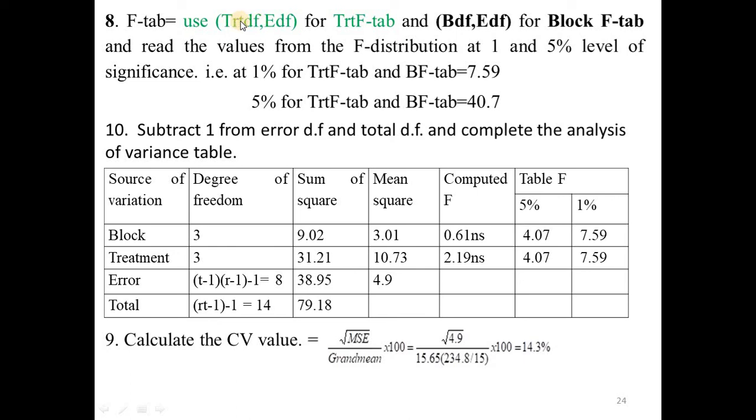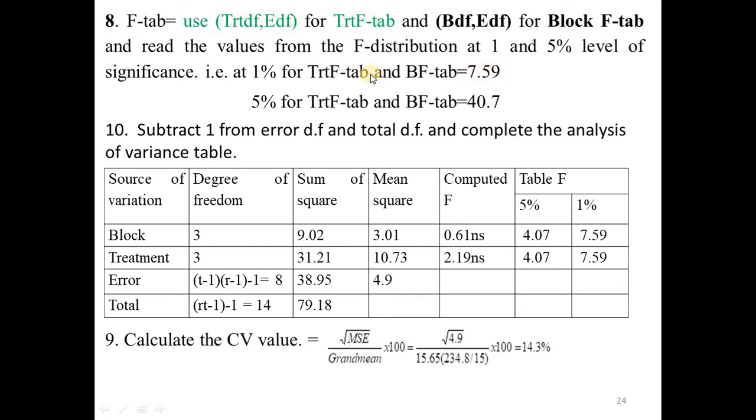So the next step is the F tabulated: use the treatment degree of freedom and the error degree of freedom as numerator and denominator for treatment F tab, whereas the block degree of freedom and the error degree of freedom are used for block F tab, and read the values from the F distribution at 1 and 5 percent level of significance. That means at 1%, for both treatment F tab and block F tab, we can get